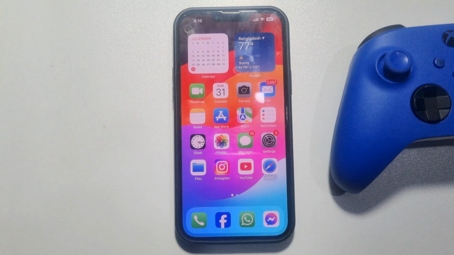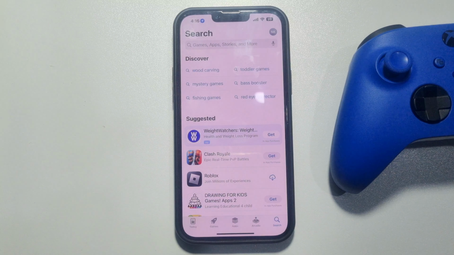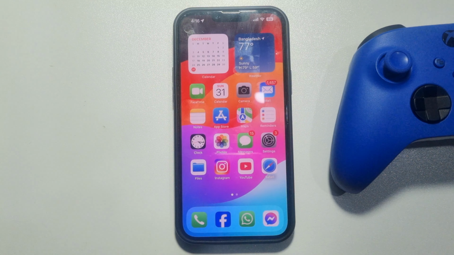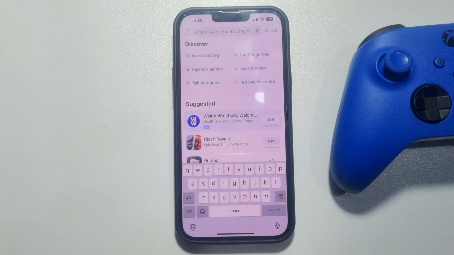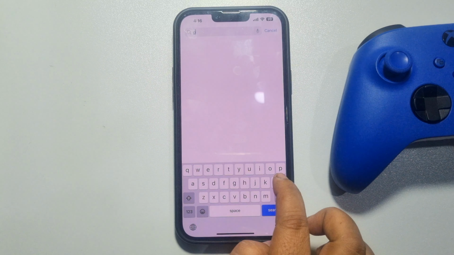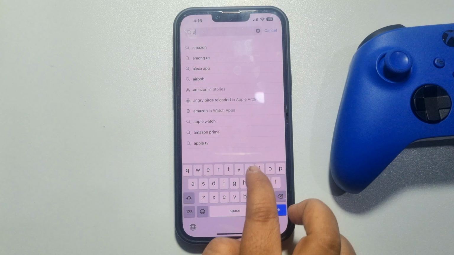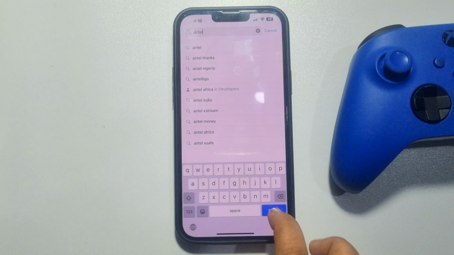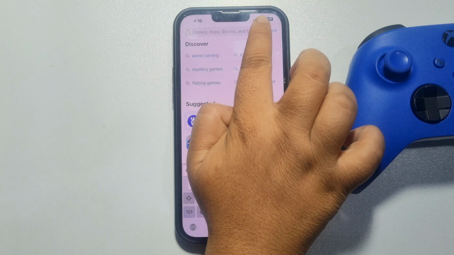In order to do it, go to your App Store, and now here you have to download your SIM service app. So right now I'm using GP SIM. So here in my App Store, I'm searching for my SIM app. If you're using Vodafone or Airtel, just search for the SIM app, and you have to install the SIM